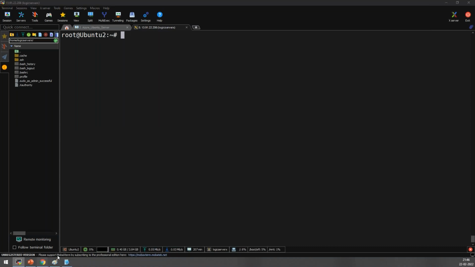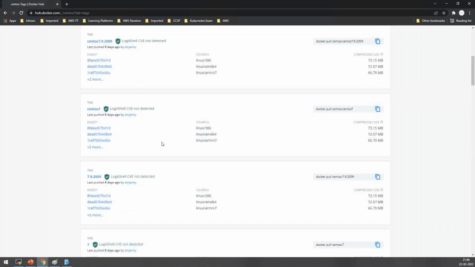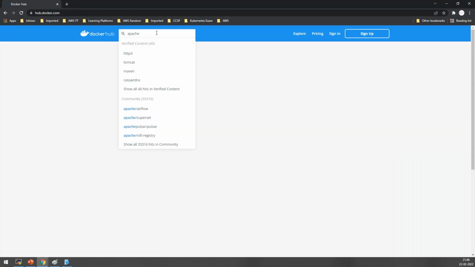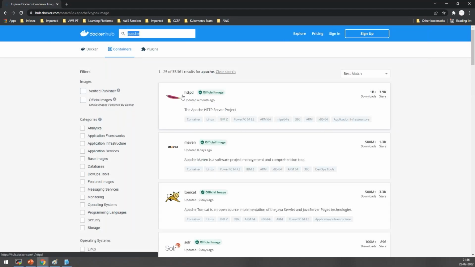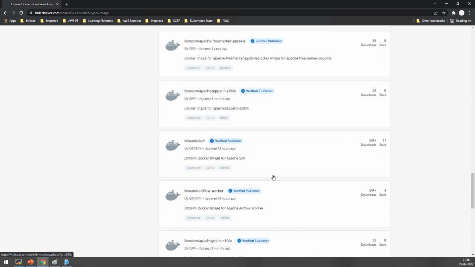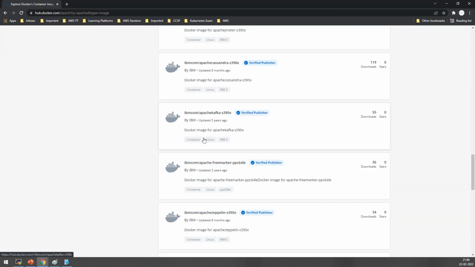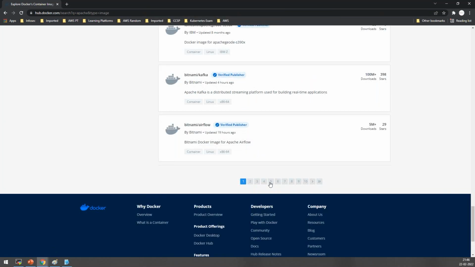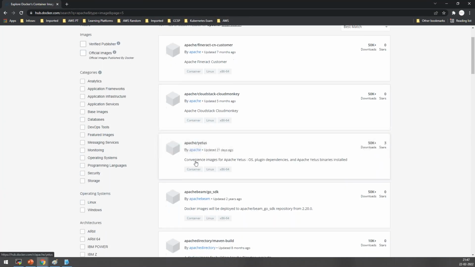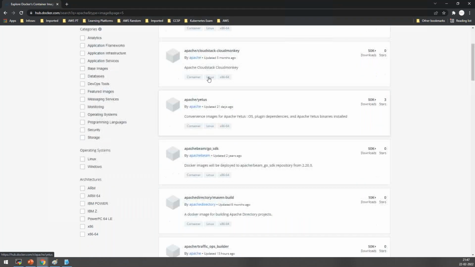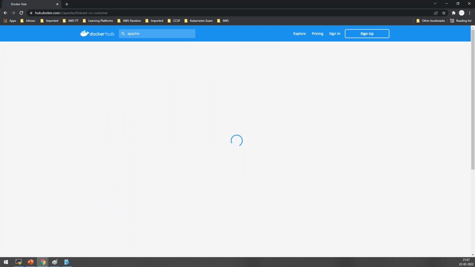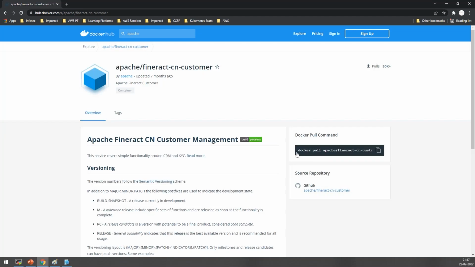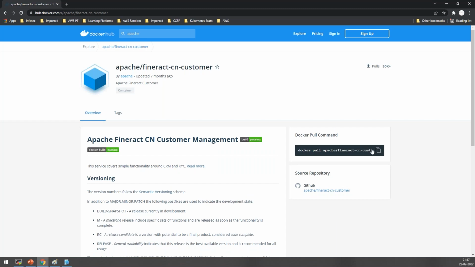That's a very interesting question. Let's say I want to download an image called Apache, but I don't want the official image. Let me get a very light image, otherwise my space will be completely gone. I will take an image from this user. I want to download this one, so I just click on this. This is the only command you have to use. The command is already here: docker pull, the name, slash, this. Got it, that's all.